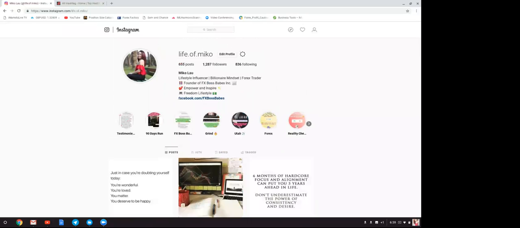Basically, it shows you what kind of posts get the most likes, most comments, most followers, when's the best time to post, how many new followers you get, all those reports that you can check. Essentially, you can back test with Instagram and pay attention to what type of content you're sharing gets you the most engagement.